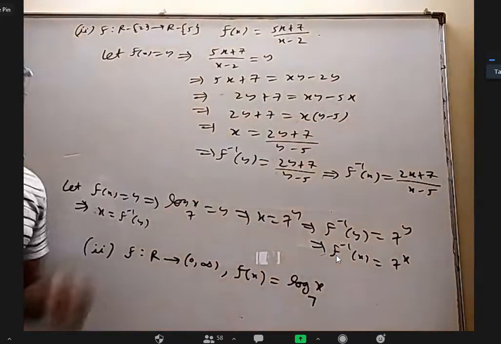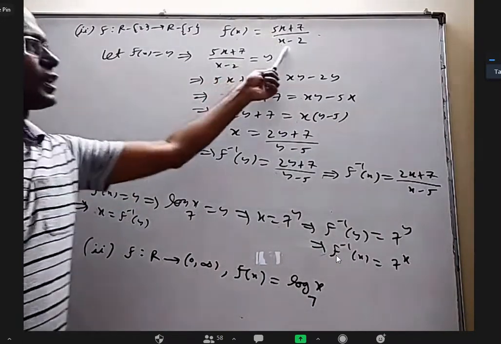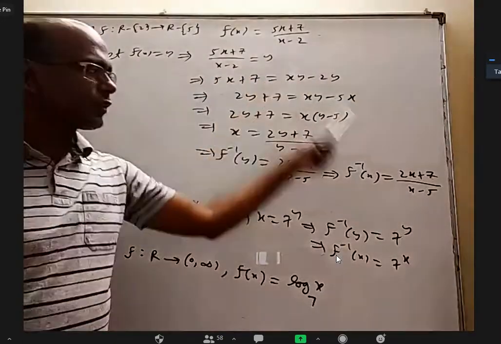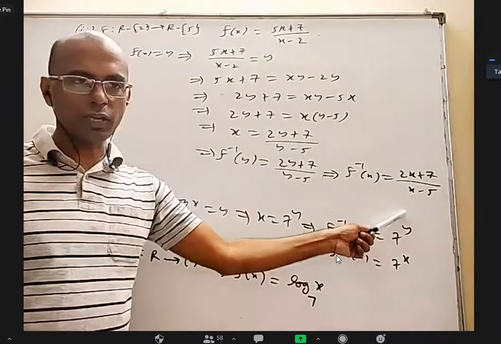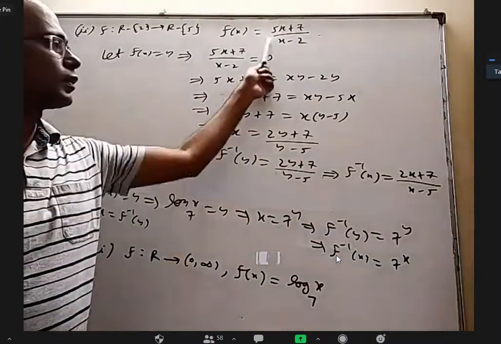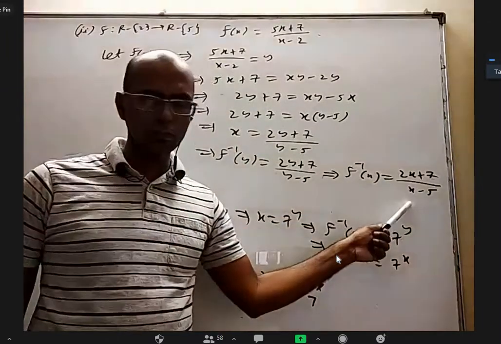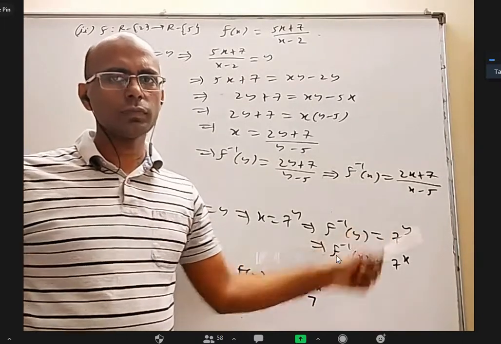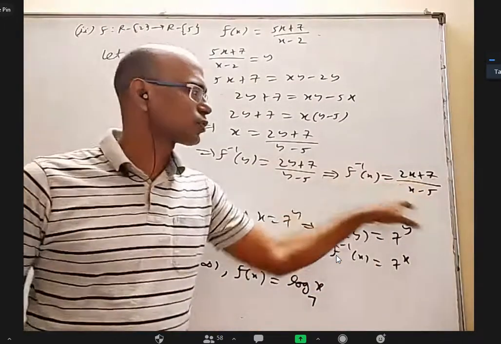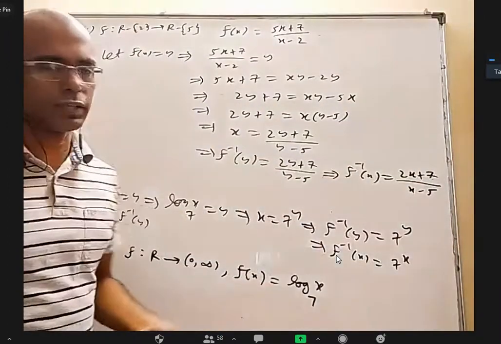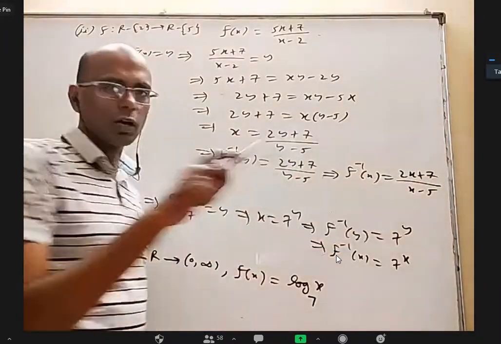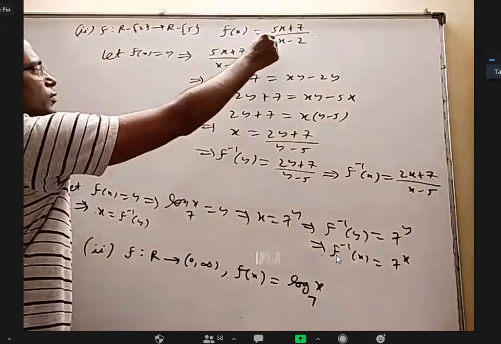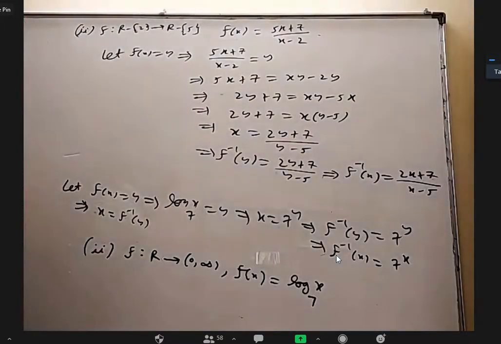You can see that here, if somebody says find range of this, let's say you don't know, find inverse function, find domain of that, that will be the range here. What is the domain of this function? All real numbers R minus 5. Yeah, because denominator should not be 0, all real numbers except 5. So the domain of inverse function is all real numbers except 5. That should be the range of original function. That's why it is all real numbers except 5.